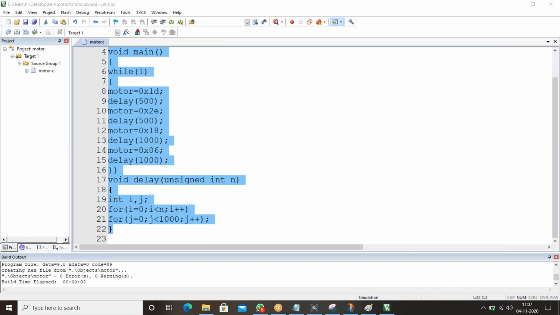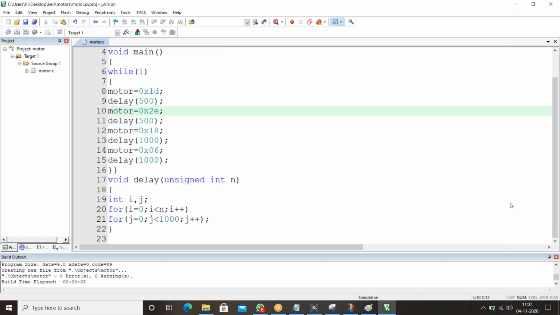Control C. Guys, I have given the code in the chat box.